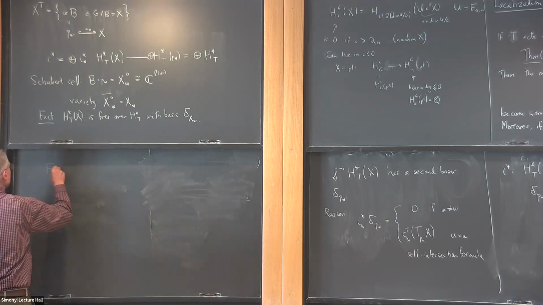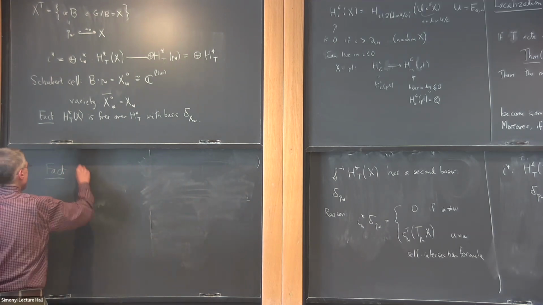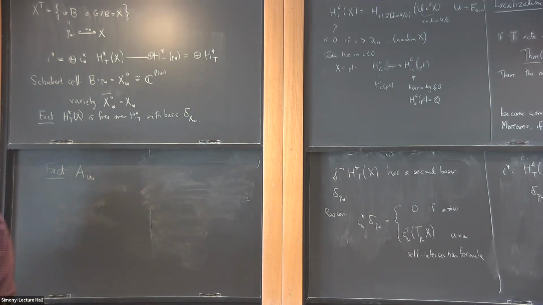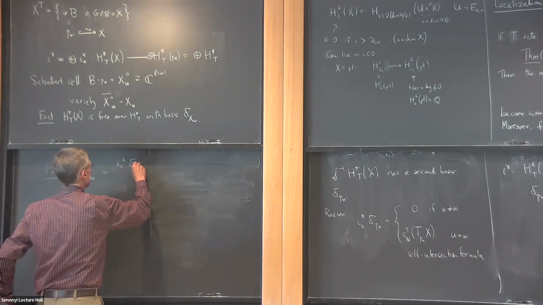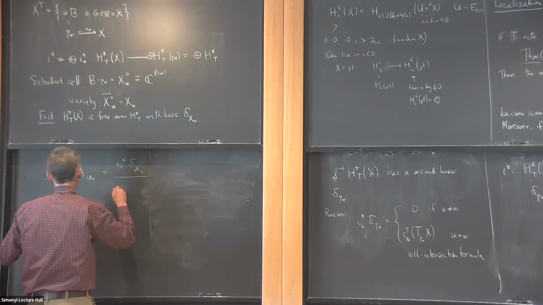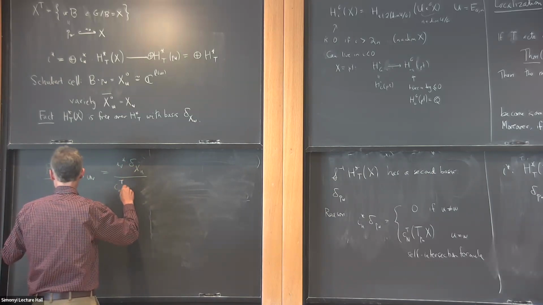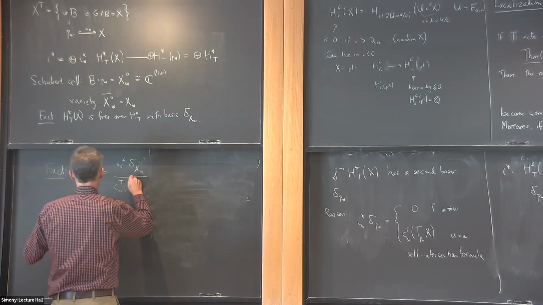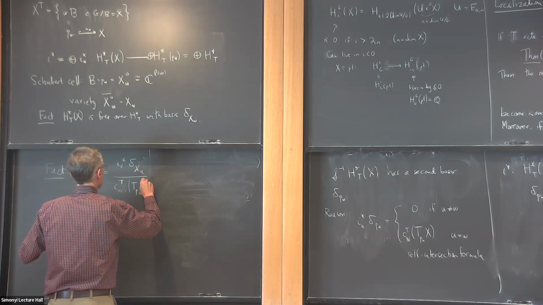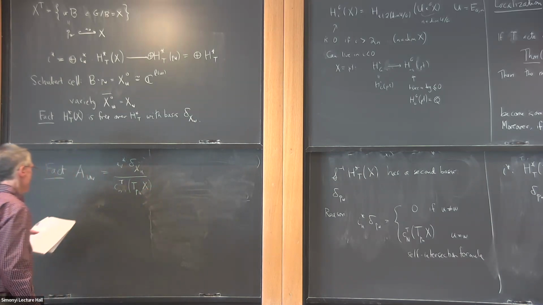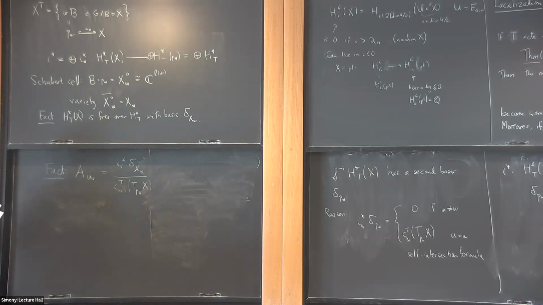The fact is that A UV is equal to I V star of delta of XU over, of course, C N T of T P U of X. And the point is that, and the proof is that